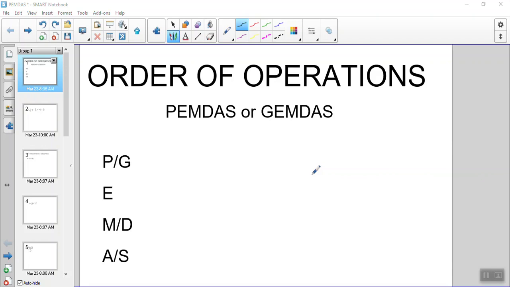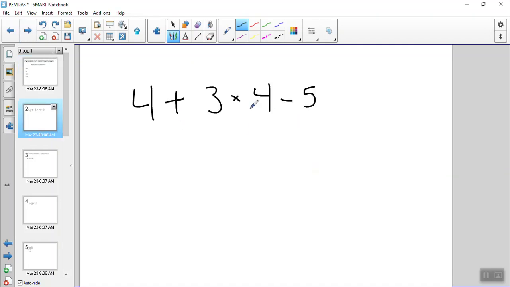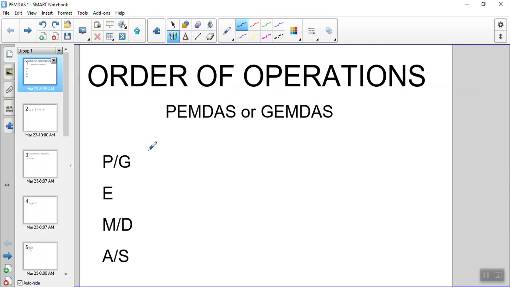So today we're going to review order of operations. Sometimes it's referred to as PEMDAS or GEMDAS. It just tells us what order we would solve a problem such as this: 4 plus 3 times 4 minus 5. There's a specific order that you have to do this, and that's what the